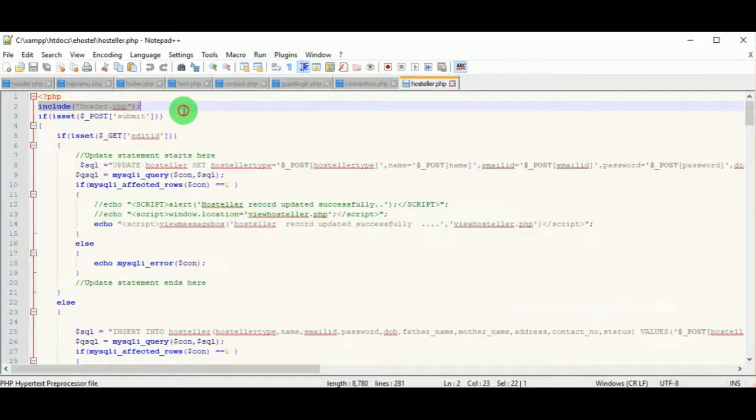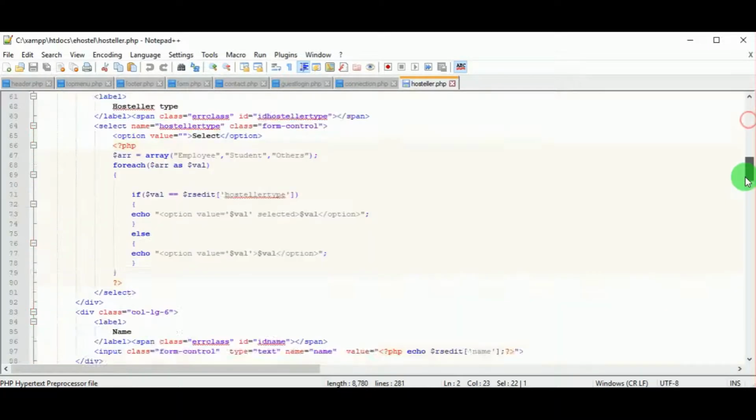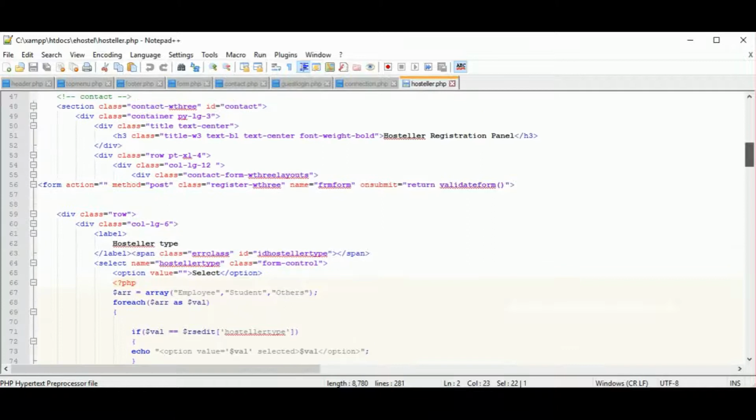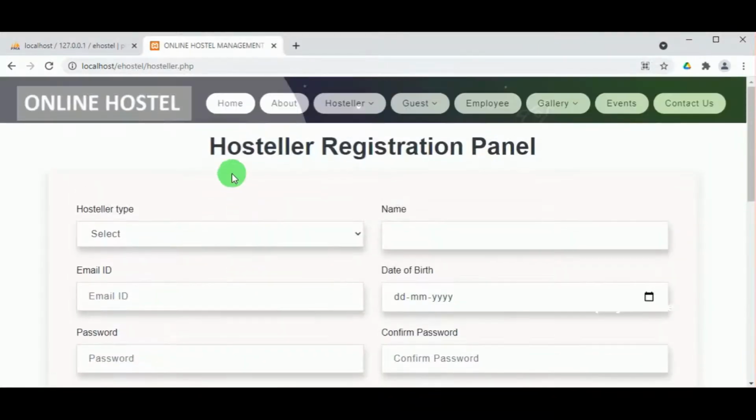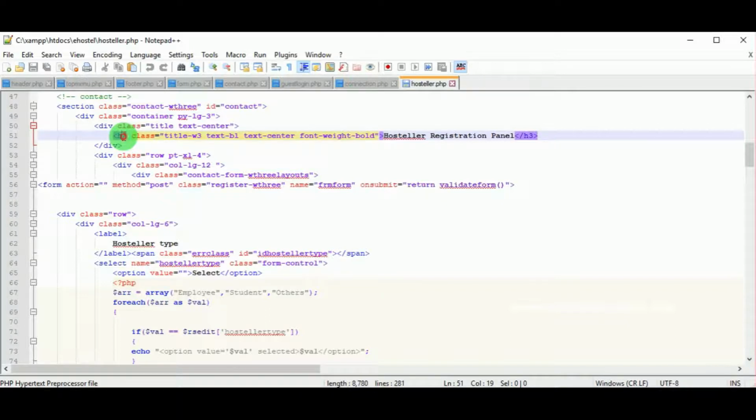So you can see the hostler.php file where the header is included in the PHP tag. Now let us see the form first. In the heading tag, hostler registration panel is written, followed by a form. The form has the action and method post, the name of the form is form, and on submit there is a validate function.